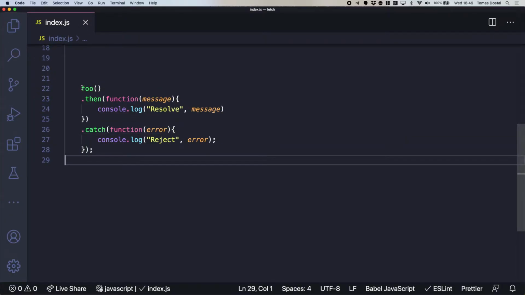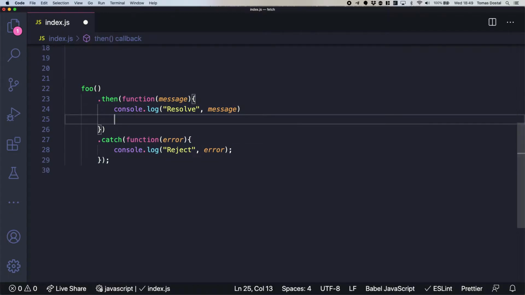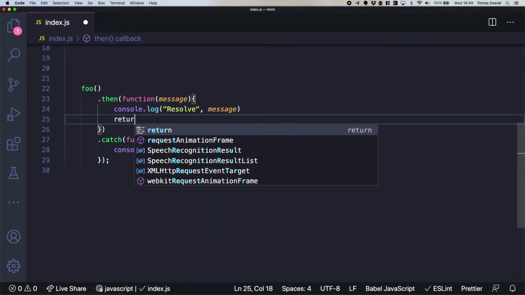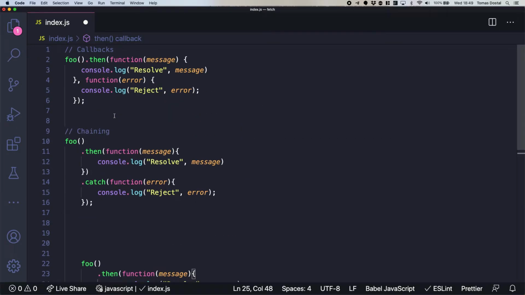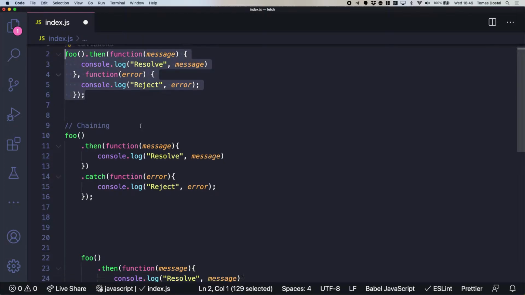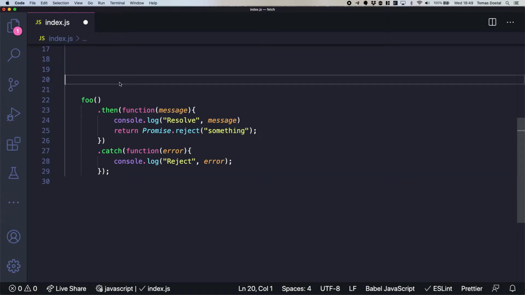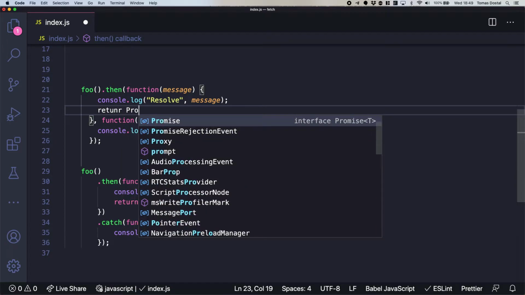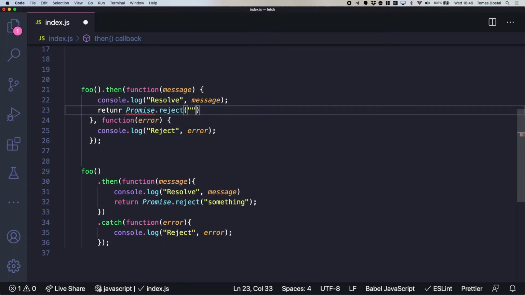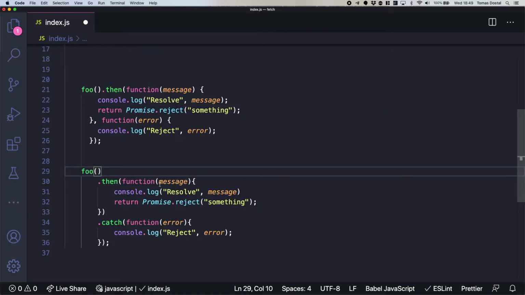Yeah. So in this case, now if I throw an error, or actually, let's do this. If I do Promise.reject something, and I do the same in here, right, now I updated both of them with the same thing.